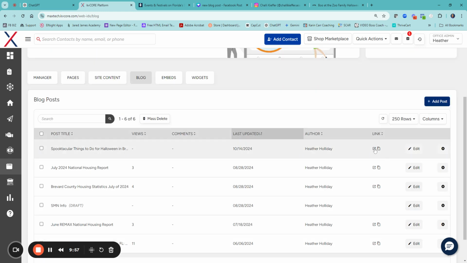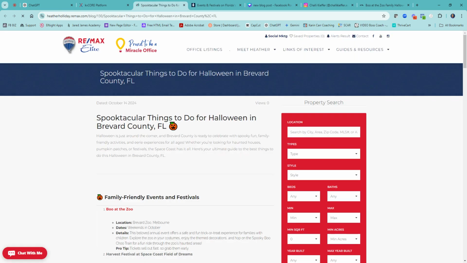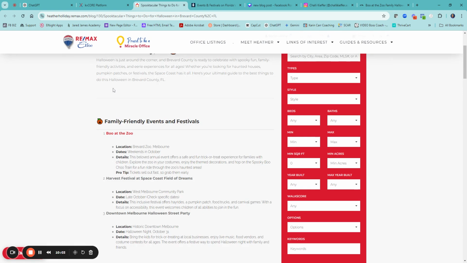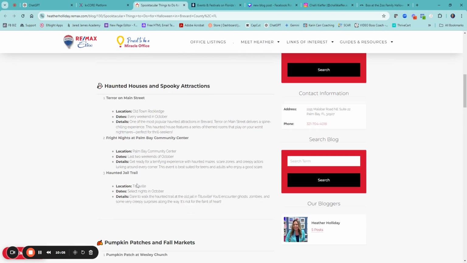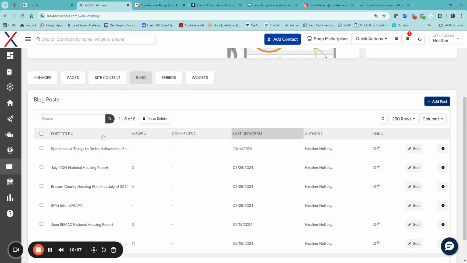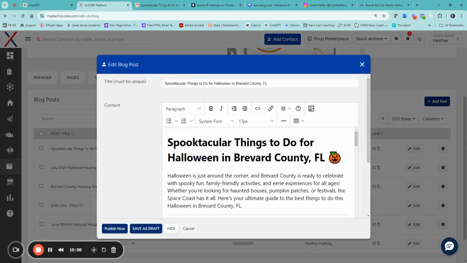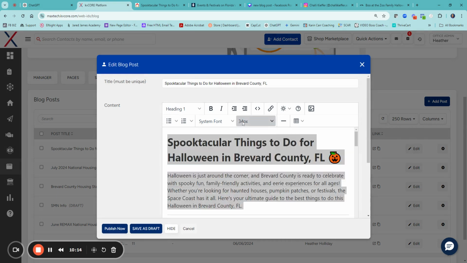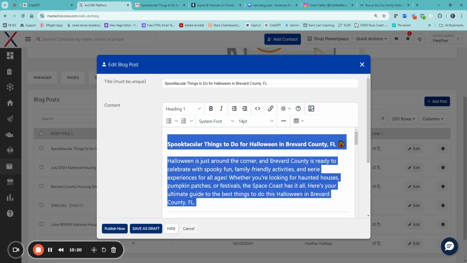So I can click this link. It's going to open it up in a new window. So it'll give me all the different things that I can do. And you see this font to me is very small. So one thing I do when I'm in the editor, and I'll have to change that, but I can select all, because it copied and pasted from ChatGPT, I can come over here to at least say 14.